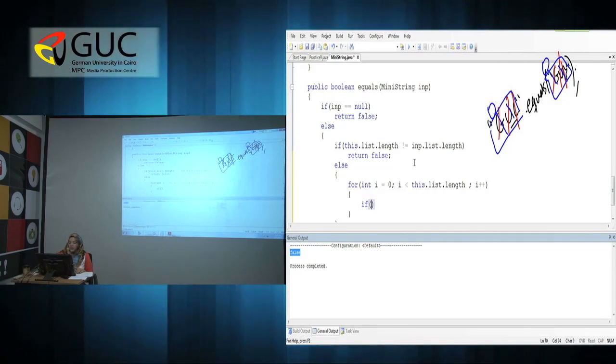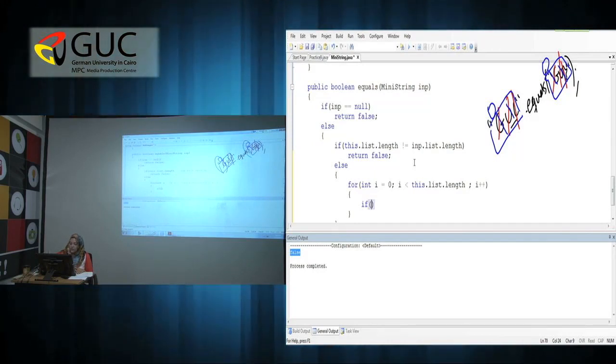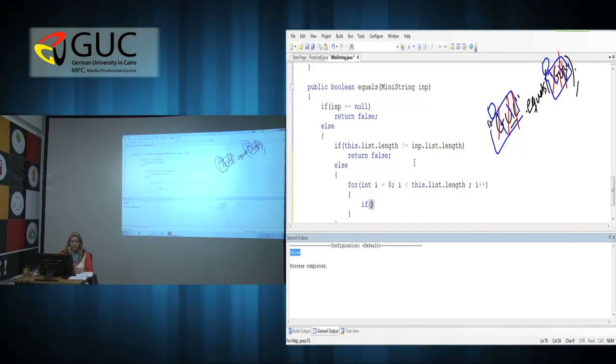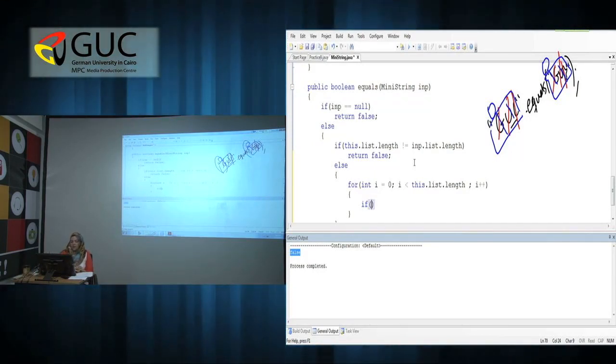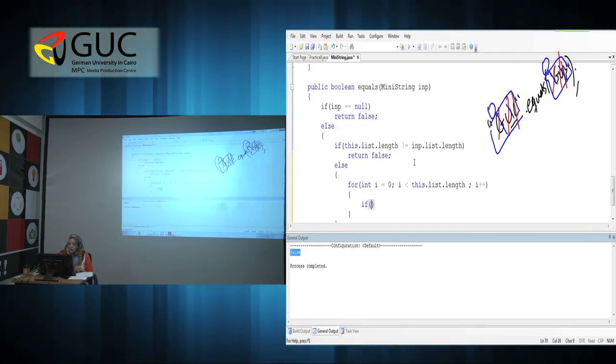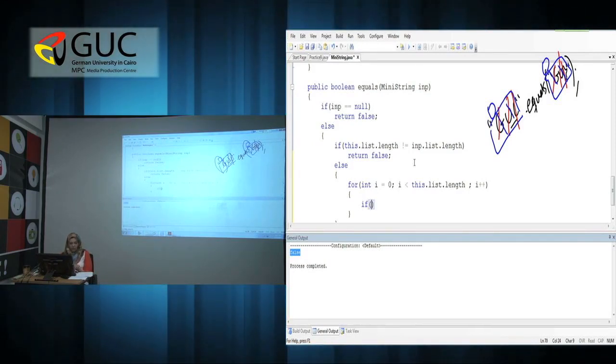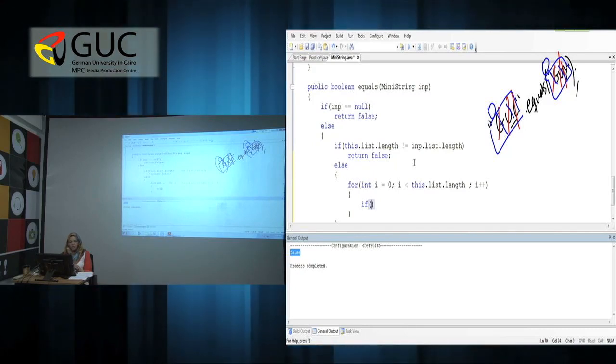And I need to check the index at 0 because the G is at 0, and if it's equal to the G at 0. So I will say, just take a look that this is originally an array. It's not a string. So an array, to access it, I need to get the index of the position that I want to access. So I will say if